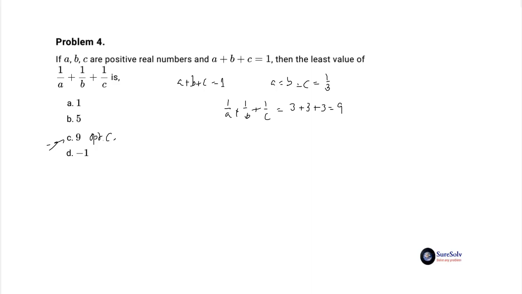For two variables x and y, we will show you a simple proof of this principle using mathematical reasoning. We have to prove if x plus y equal to 1, where x and y are two positive real numbers, sum of the reciprocals 1 by x plus 1 by y will have the least value of 4, when the value of 1 is shared equally between x and y as 1 by 2 each. That is, x equal to y equal to 1 by 2. When x plus y equal to 1, let's assume variable sum of unity is shared equally between x and y as x equal to y equal to 1 by 2. So that 1 by x plus 1 by y equal to 2 plus 2 equal to 4.